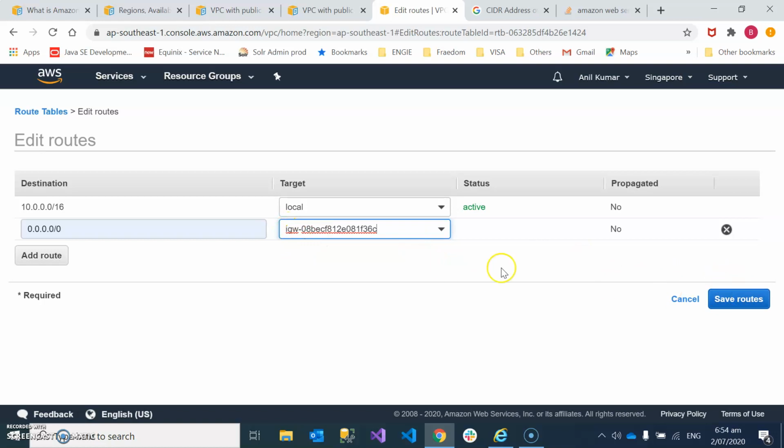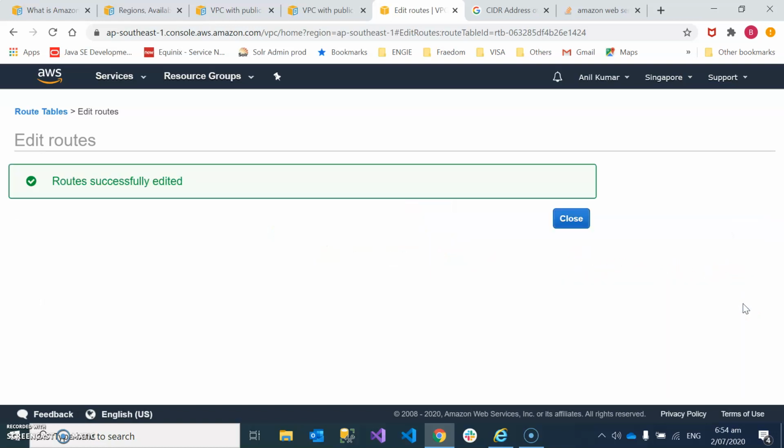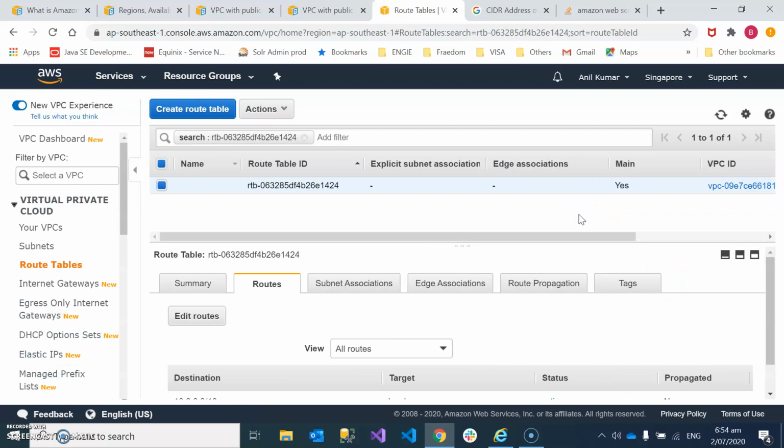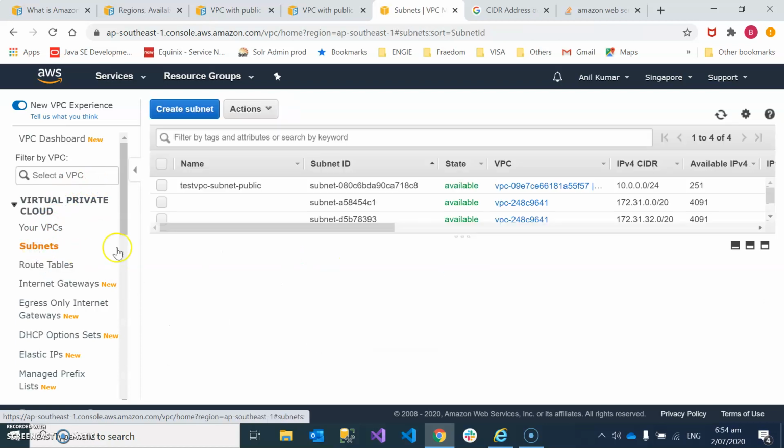This is the internet gateway which we have created. So now we are good. From here you can see you have a public subnet.